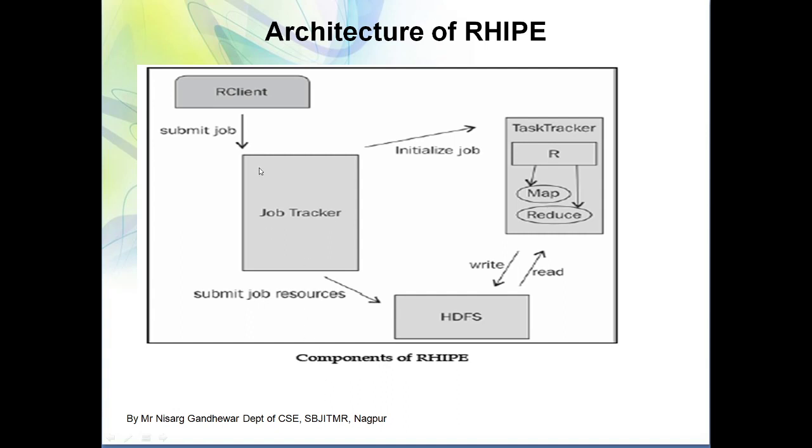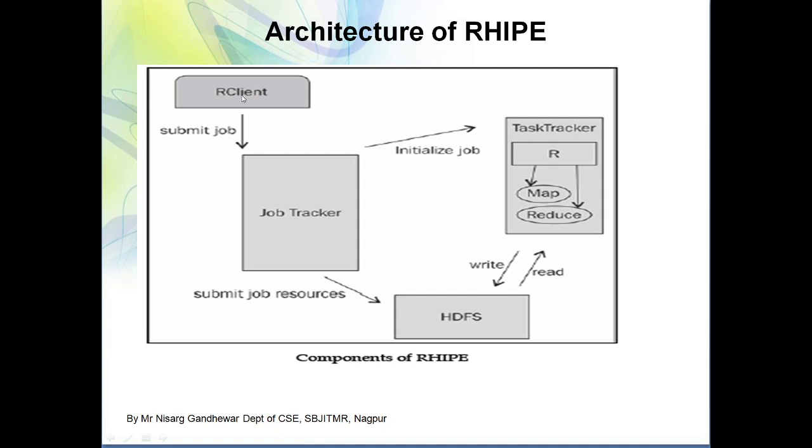Here it involves various components. You already know that there is an R client that submits the job to the job tracker. The job tracker is the main coordinator, responsible for allocating the work, or job, or task, to the task trackers. Task trackers are present at different nodes, which may be at different locations or maybe at the same location. So the job tracker acts as a coordinator which allocates work to different nodes, and the task tracker is present at a different node.